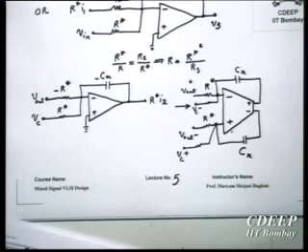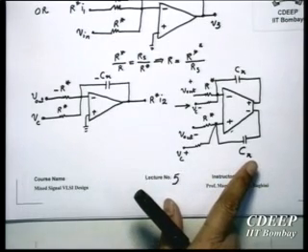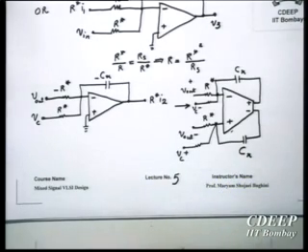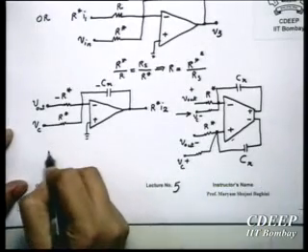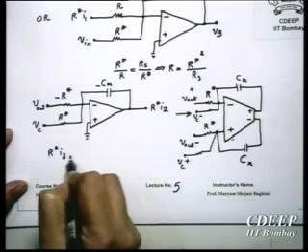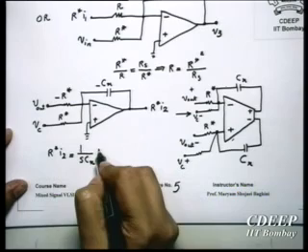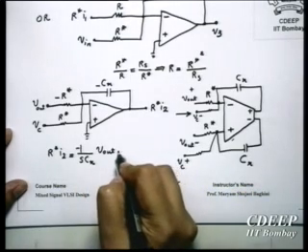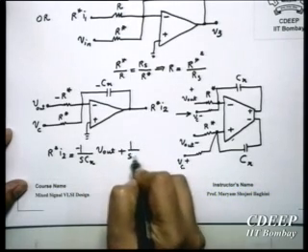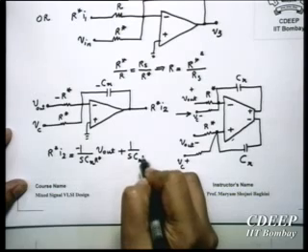Similarly, this one, how to convert it to this? Here, see, R star I2 is equal to 1 upon SCX minus 1 upon SCX into V out and plus 1 upon SCX and R star